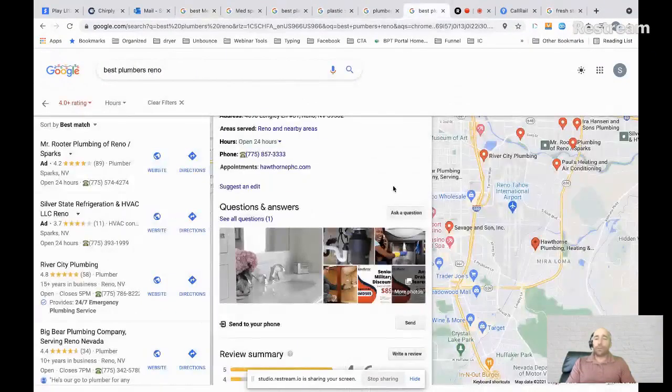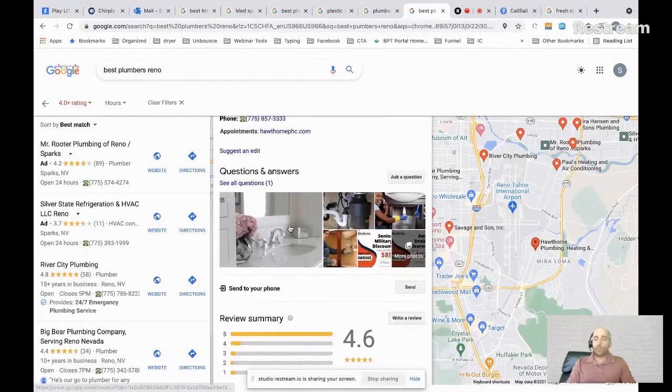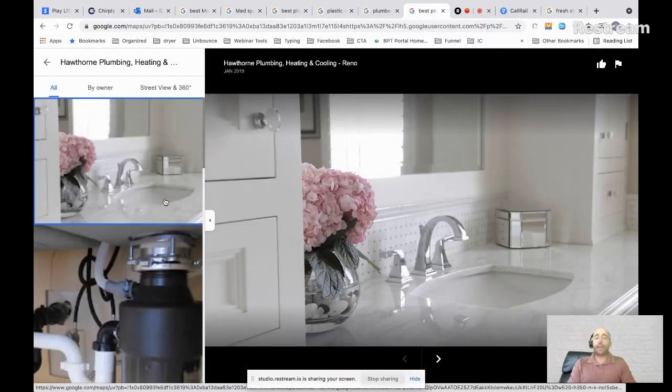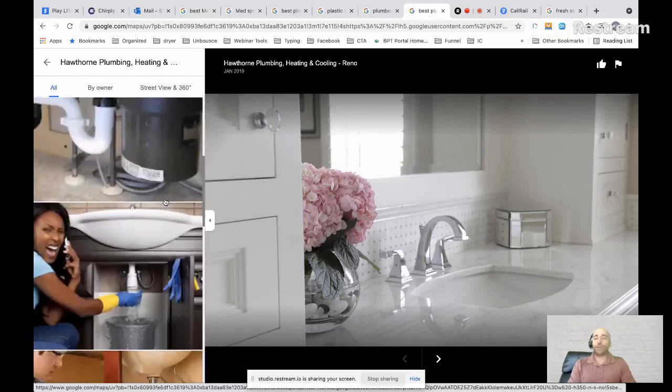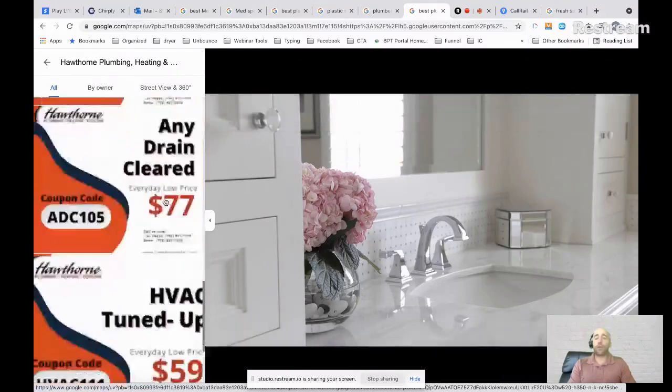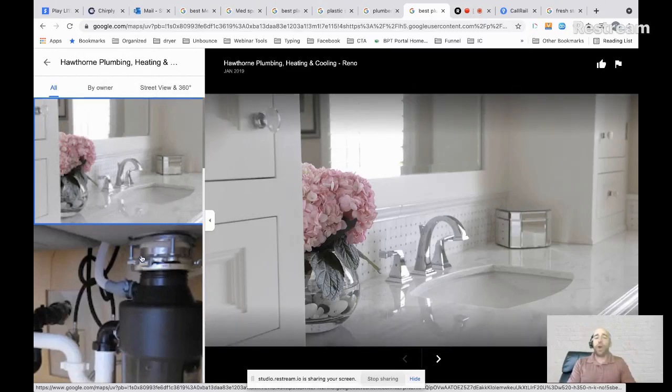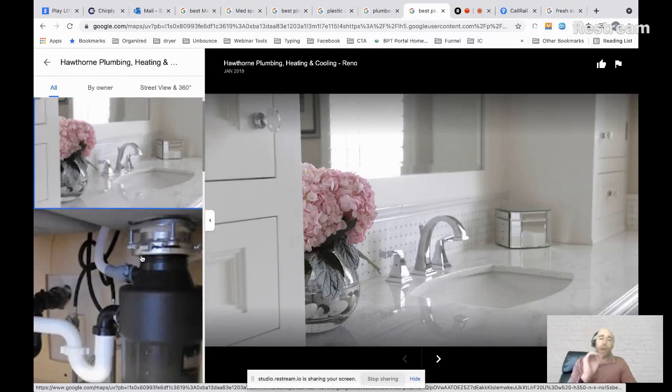Okay, guys, let's go into a couple other things. Now, images. If you put good images up, I don't have to go searching. I mean, we think best practices is 100 images. So for like Hawthorne, they're doing good. And what's funny is when you're getting the job done today and we have conversations, you're like, wow, it's working great. It could work great today, but it might not work great in 3, 4, 5, 6 months down the road. So our suggestion to all clients is 100 images at minimum inside of your Google business profile,